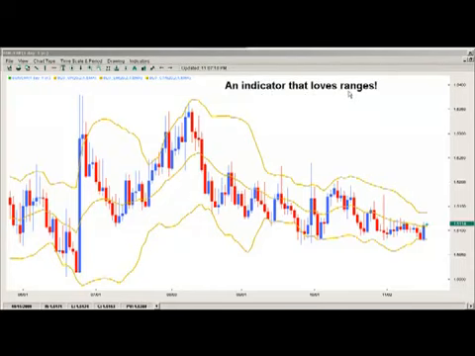An indicator that loves ranges. And what do I mean by that? What's a range? A range is when you don't have something definitively heading upward or definitively heading downward. So we're not really making distinct highs going from the lower left to the upper right of the chart. We're not making distinct lows coming from the upper left to the lower right of the chart. We're somewhat sideways. Now, I don't mean exactly sideways. In other words, there's a mild downward slope to this, but it's very calm and rangy on this Euro-Swiss daily